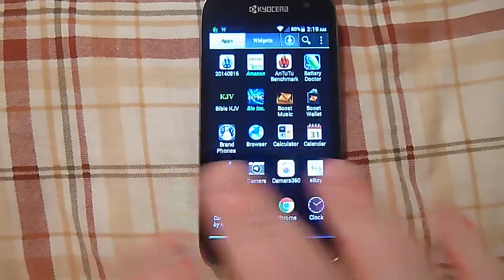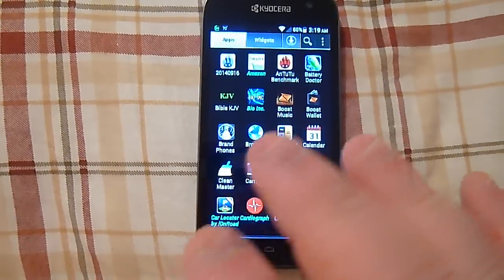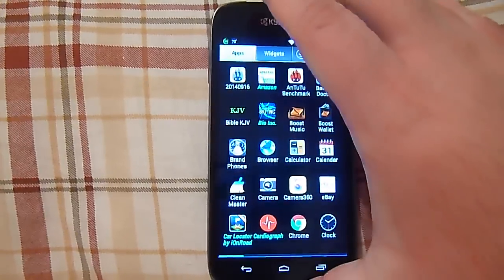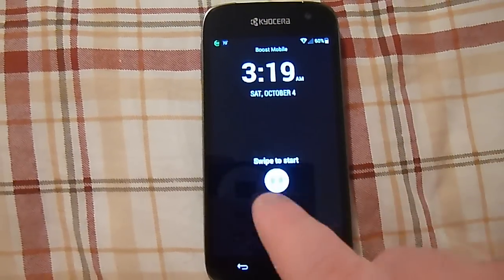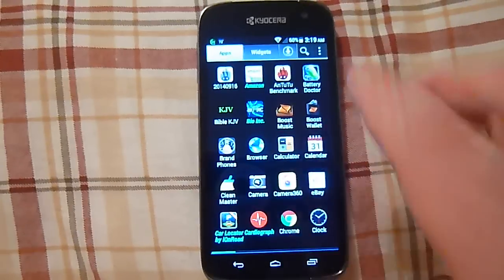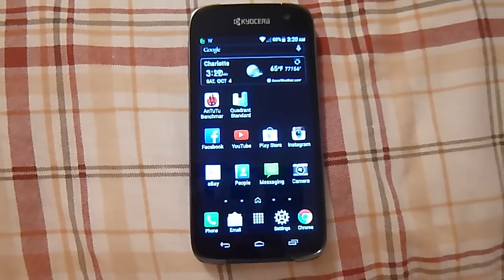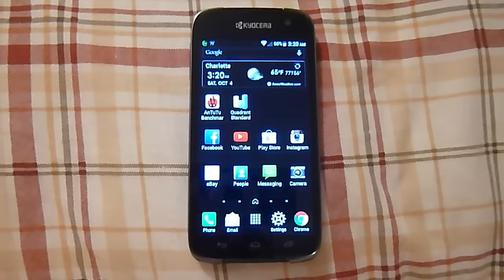The only issues, like I say, that I've really had with this phone is the camera, camcorder not being in sync with the voice. I don't really care much for the unlock screen because I have had issues with it not wanting to unlock. But most time it does work pretty well. And other than that, it's a really nice phone, and I would recommend this phone to anybody looking for a